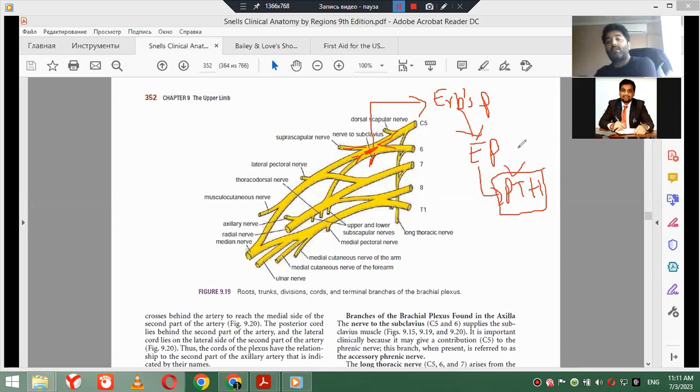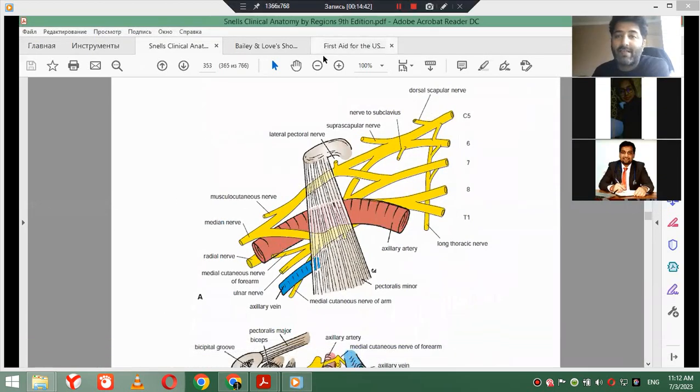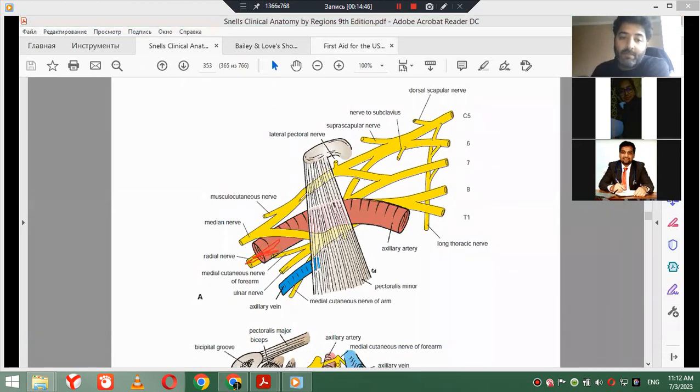So if you get the question, this is the relation of the axillary artery. Now this is our axillary artery, and it will be the lateral cord, the medial cord, and behind this one will be your posterior cord. So it is in relation to this axillary artery. This is our pectoralis minor muscle, which is dividing the axillary artery into parts, one branch